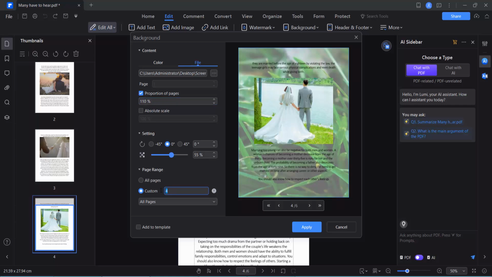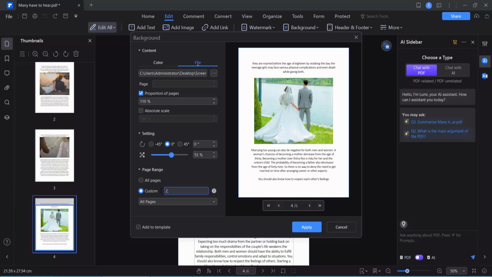I'll apply this page number 2 type comma, page number 3 type comma, and page number 5 to 6 and simply select apply 6 number